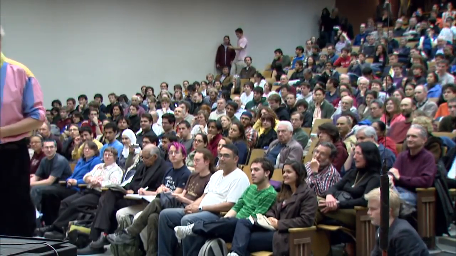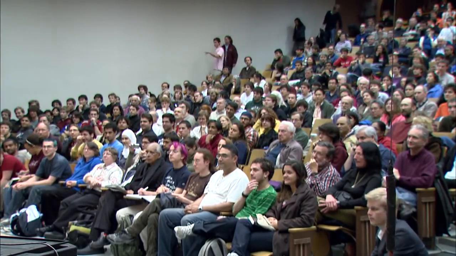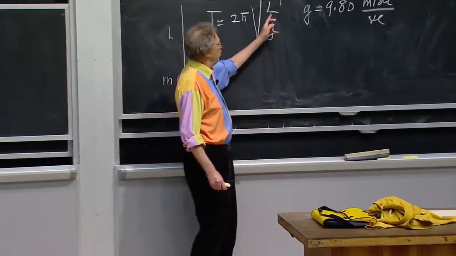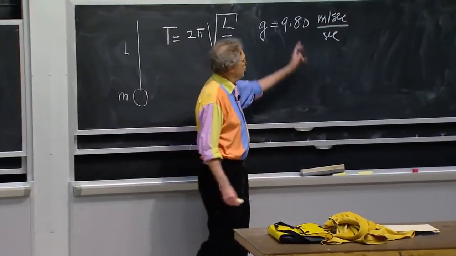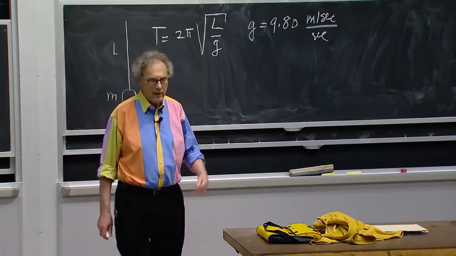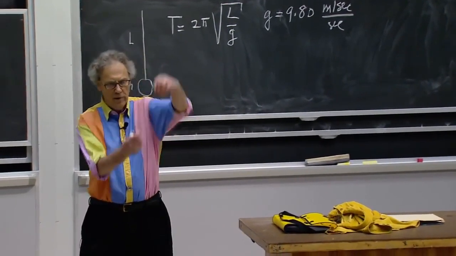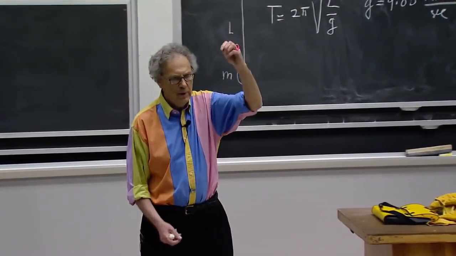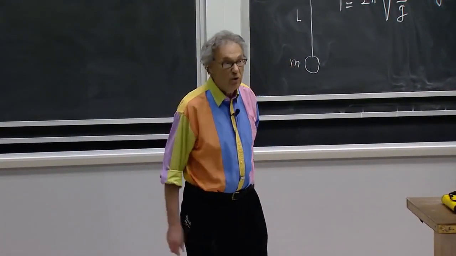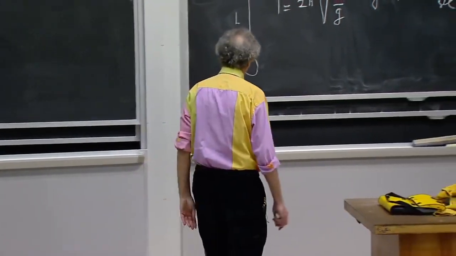By the way, if you ever want to test this equation for yourself, put in L equals 1 meter, and use this number, you will get a period of 2.0 seconds. It's very easy to do at home. You make one meter, you put an apple at the bottom, and you swing it. The 1 meter has to be accurate. You see that it's going to be 2.0 seconds.